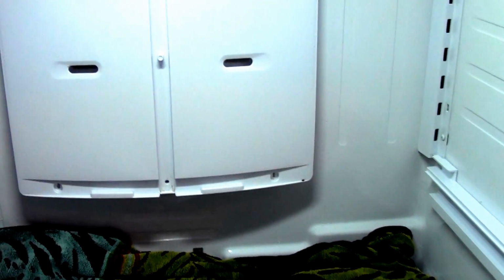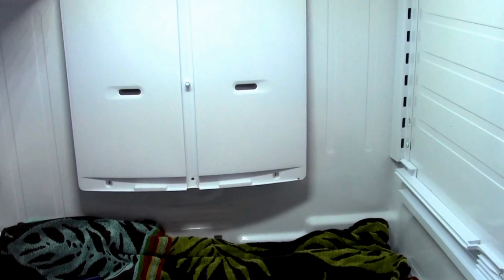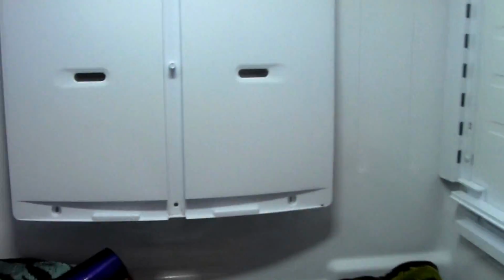So I'm going to pause the video, and I'll come back with part 2 if and when I can get this piece off. And you can see, again, it's really running now. The water is really melting out of it. Oh, one more thing. You can take the heater. I've noticed this seems to help speed things up. Once you get a little crack, you can separate the styrofoam from the back and pull the styrofoam out with your fingertips. I'm not going to be able to get in here with the camera, but if you pull the styrofoam out, you can get the heater in to get a little hot air going through there, and that helps to melt everything. Also, what I've been doing,